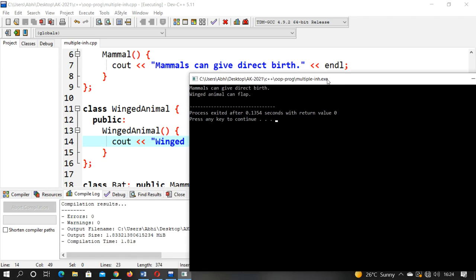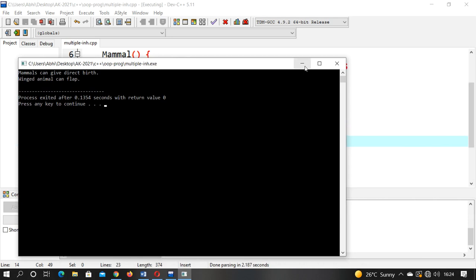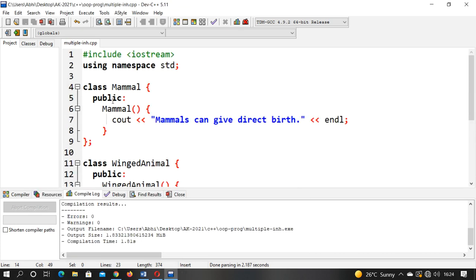Now there is one problem in multiple inheritance. If any classes have a function with the same name, such as display, how can we resolve the ambiguity of that particular function? Both classes use the same function name. Suppose we have two classes over here, one is mammal and one is winged animal.